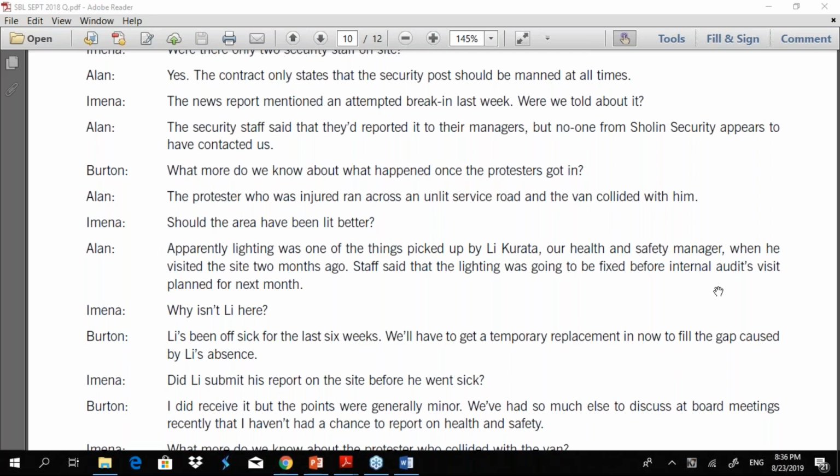Another concern would be Burton's move towards clearing up of the site. So, something happened, and if someone wants to investigate, then the area should be intact.